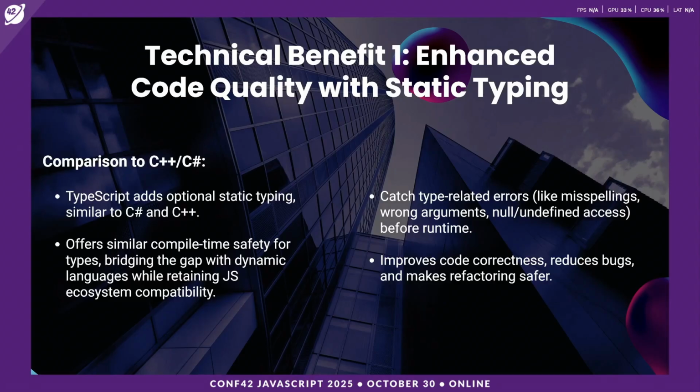So you can have very strict type checking, and you can have more relaxed type checking as well, depending on what you prefer. And this really bridges the gap between the dynamic nature of JavaScript and these more statically type checked languages. So you can get the best of both. And yeah, you can catch a lot of type related errors and just make your code more reliable.